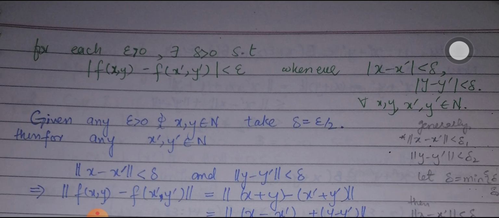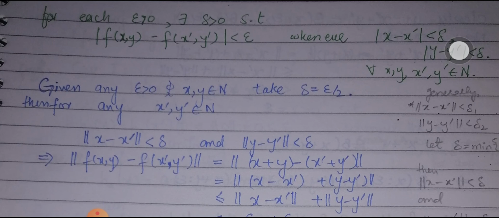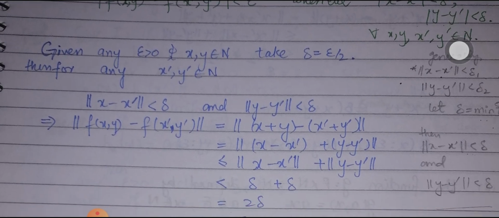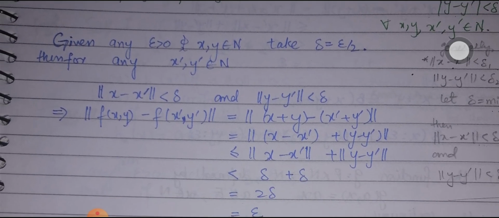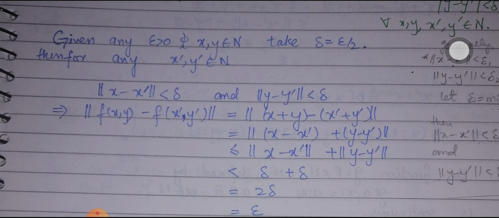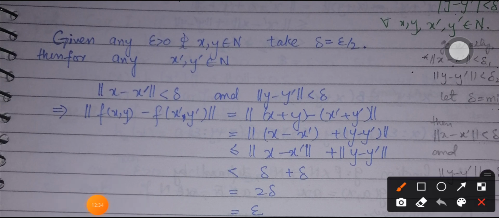So when we are going to prove the result, given that epsilon is positive and x, y belong to N, let's take delta to be epsilon by 2. In such proofs, we do not take delta at first. We normally check what we need at the end, and then we take delta to be the condition in terms of epsilon. So when we are going to prove this result, we will not define delta to be epsilon by 2 at first. We will say that I am going to take delta equal to a blank.